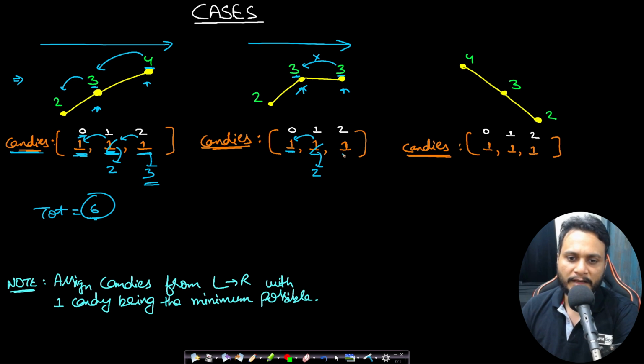Okay, so in that case you can just leave 1 as it is. So finally the total number of candies that you get is 1 plus 2 plus 1, which is 4 in this case, right? If you look at the third case, again we will be moving from left to right,